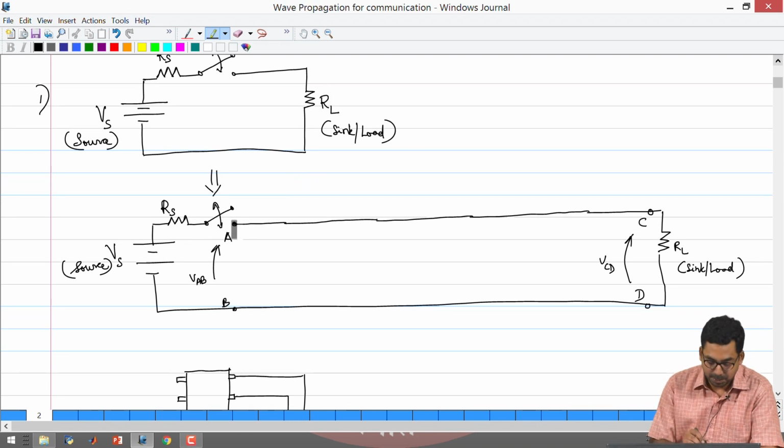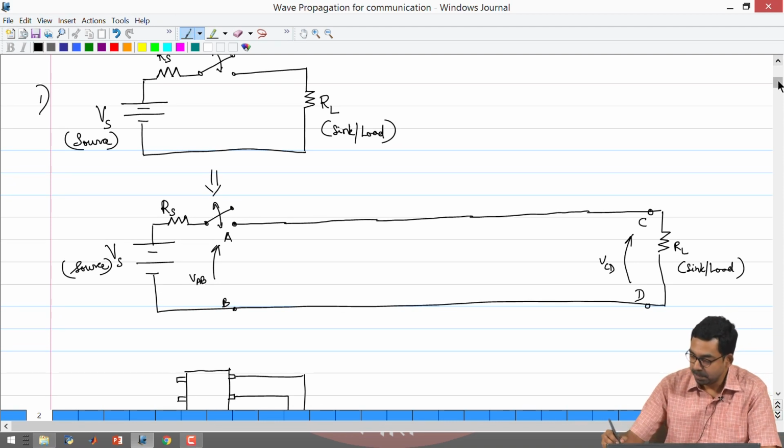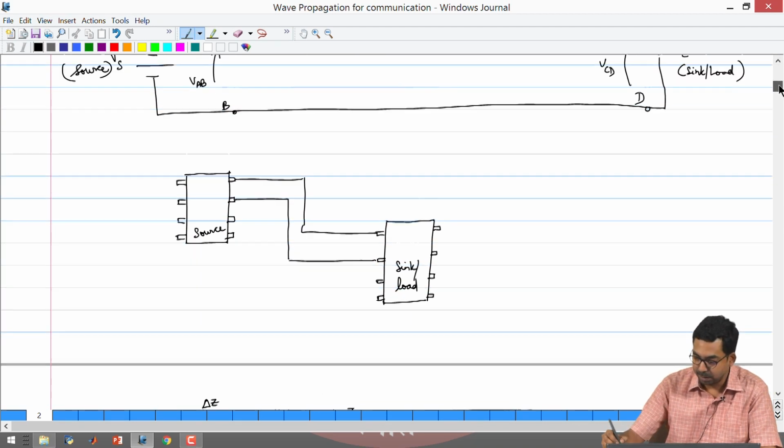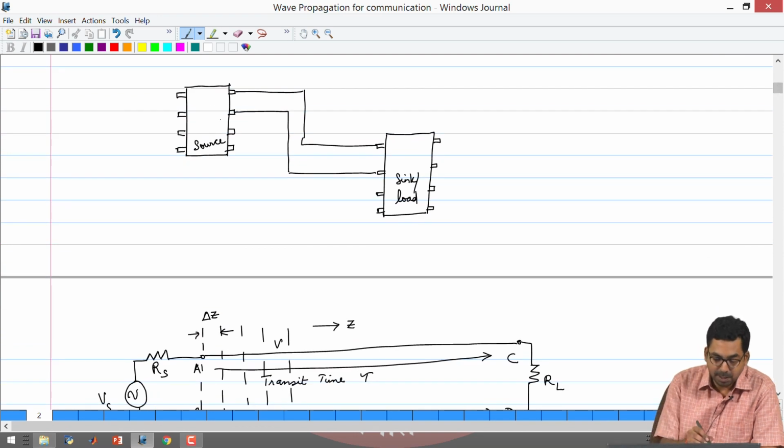mentioned. Suppose the interconnection between the switch and the load resistance becomes very large, we expect that the signal will not propagate at infinite speeds, but have some finite velocity to travel. And this is very important, especially if you are connecting different ICs on a board, or different components within an IC, all of this becomes important.